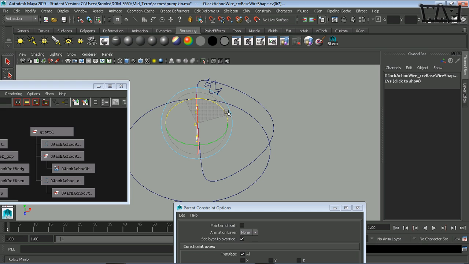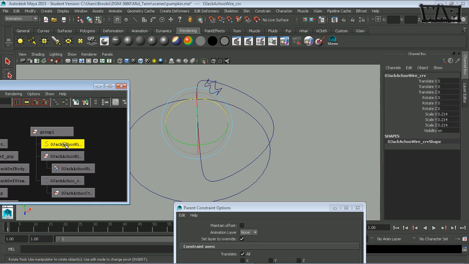But yeah, I do need to do this. And it doesn't matter if this is extremely precise or not. Okay, so that's done. Now I need to drive this control with the Achoo offset. So it's always driver driven. When you're having two objects affect one another in Maya, you always select the driver or drivers, and then the last thing you